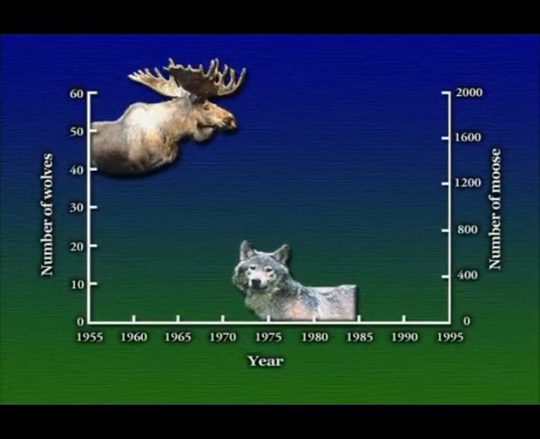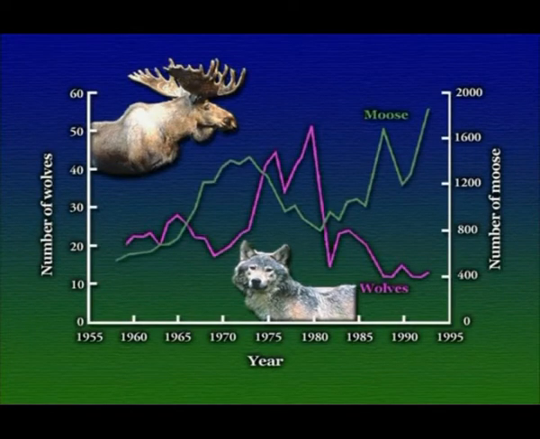Now, what happened is that after the introduction of wolves to Isle Royale, the population sizes of both of these two species began to oscillate. Now, the moose population was on the rise when this first happened, and it continued to increase over a period of about 50 years. And as the moose population increased, so too did the wolf population, more or less. I mean, with a few ups and downs. But there were plenty of moose around, and so the wolves began to multiply quite a bit, and the wolf population went up. But as the wolf population grew very large, there was a subsequent decrease in the moose population.